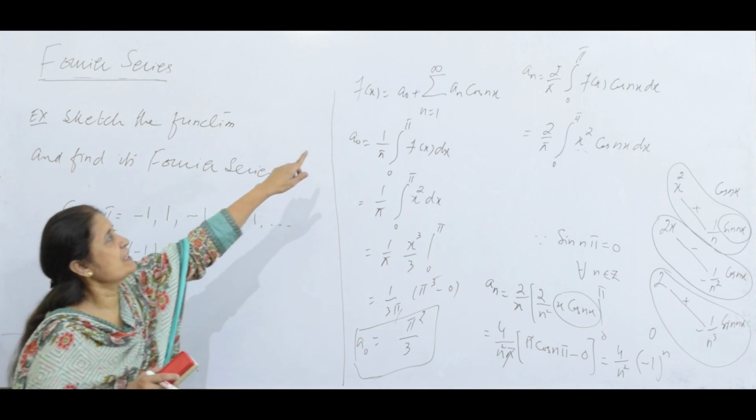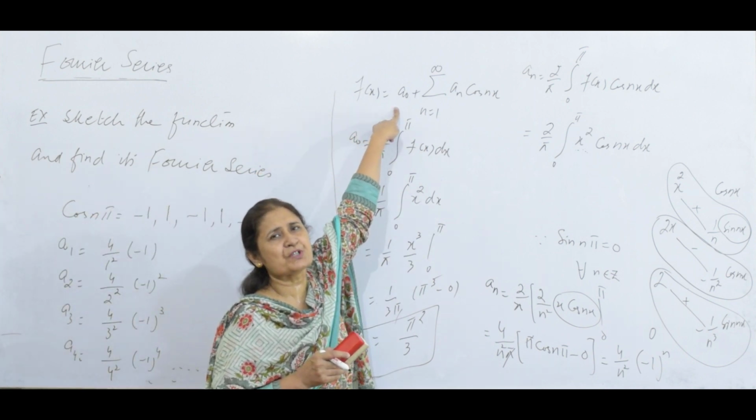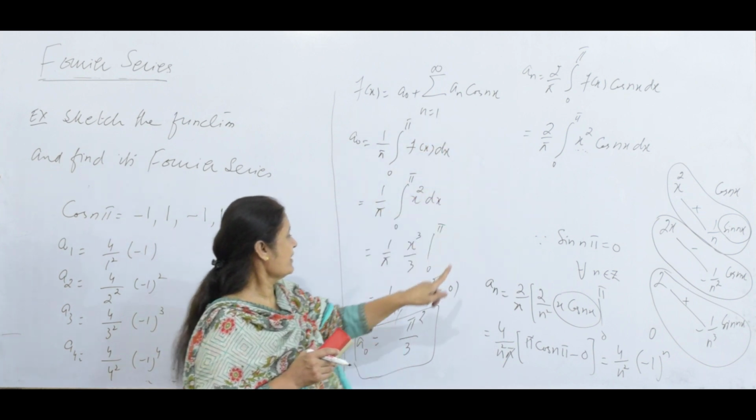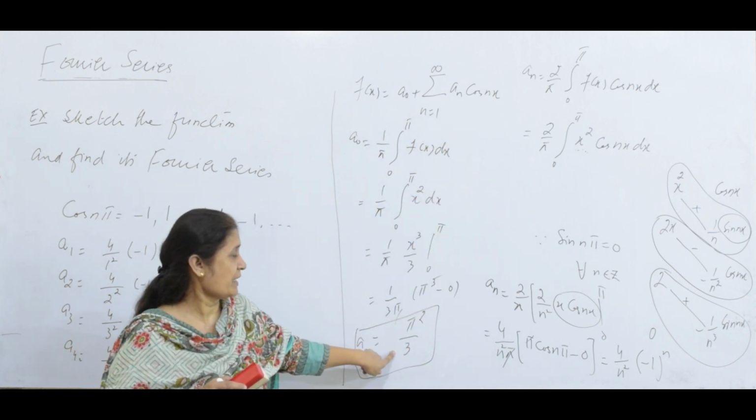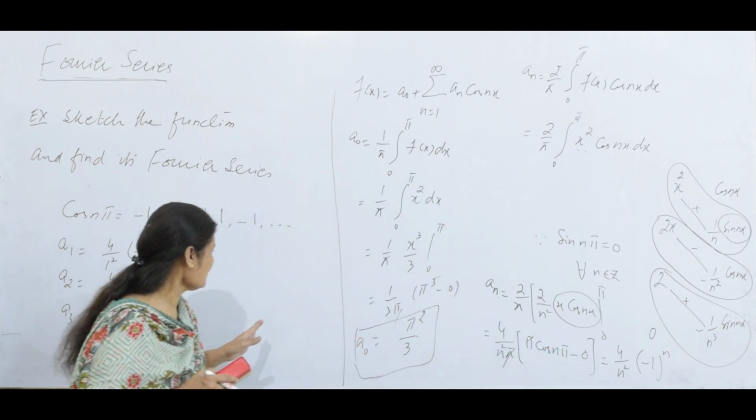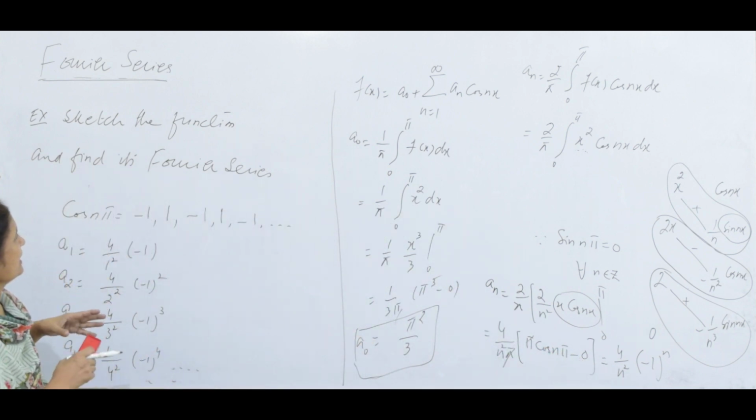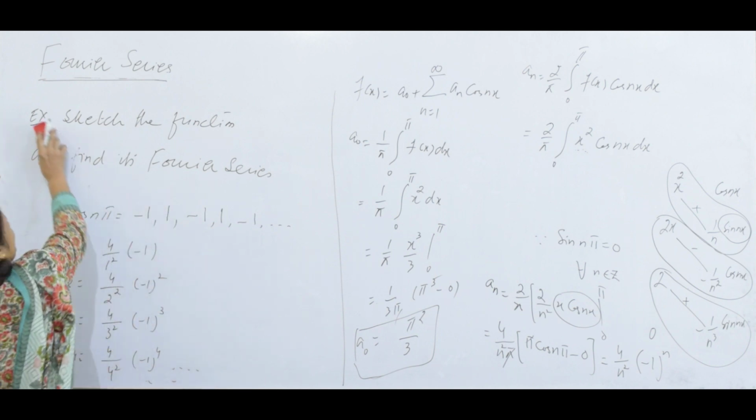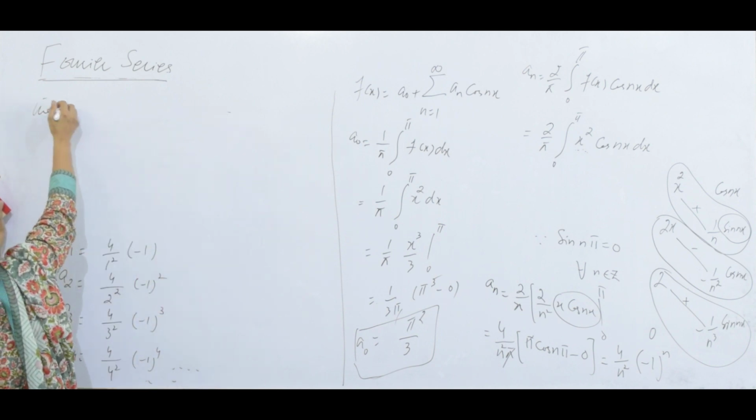So Fourier cosine series consists of two constants a0 and an. We have calculated a0 as pi square by 3 and an is this. We have a1, a2, a3, the required Fourier series. The Fourier series is therefore